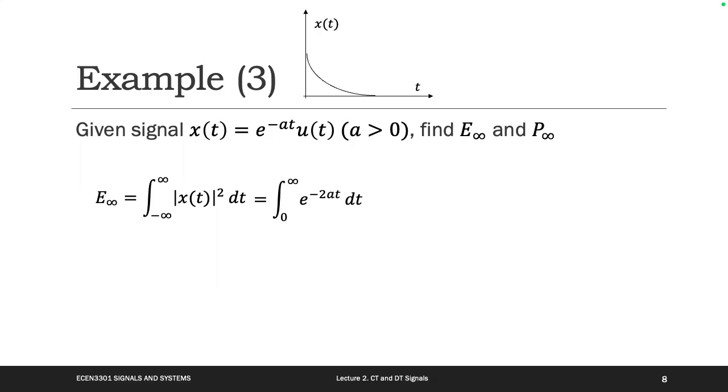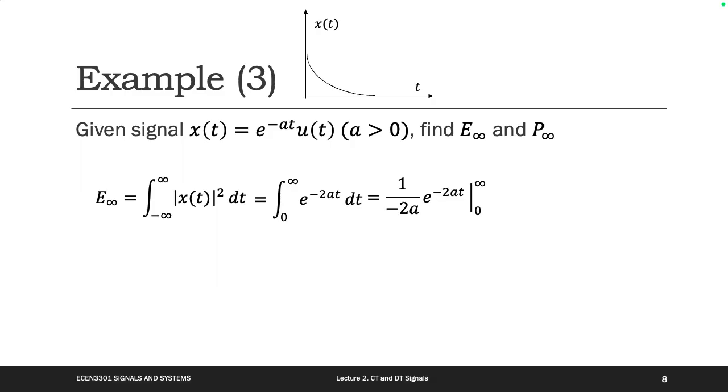And did you notice we also changed this from negative infinity to 0? Why? Yeah, that's right. Because UT is just that function. If t is negative, it is 0, nothing there. So we just change the range from 0 to infinity. And here, UT, if t is greater than 0, it will be 1, so we can remove it, right? Because here is a power, we can get this one. Does that make sense to you? Okay, let's continue.